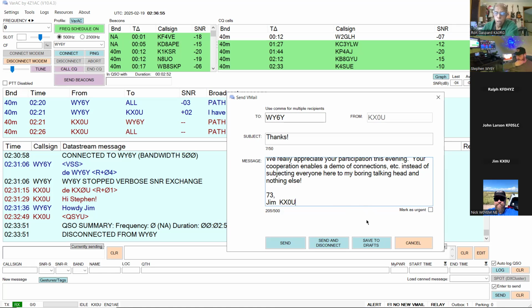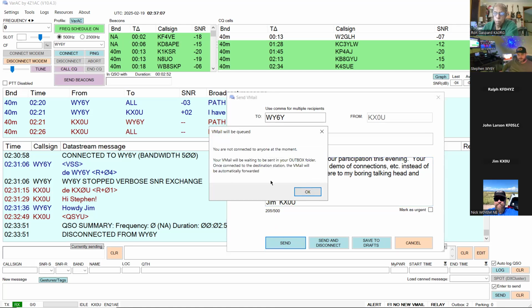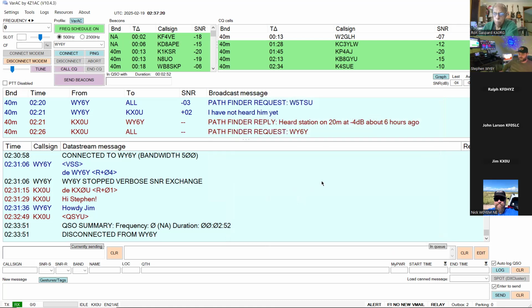Okay. So since we got disconnected, I'm going to go ahead and compose this email to Stephen and hit send on it. And it will tell me that since I'm not connected, it can't deliver it to anybody at this time, but it'll wait in my outbox. And what will happen is a couple of things. One of them, this is a very nice feature that I really like about VARAC. If VARAC sees a